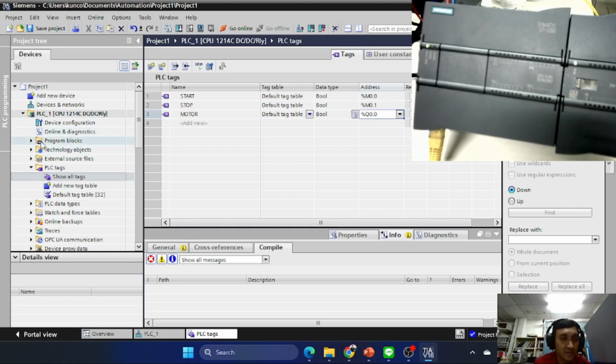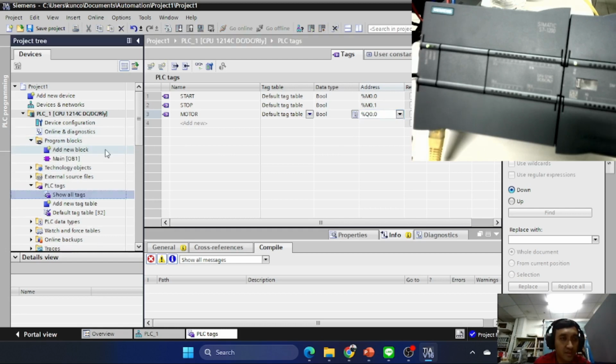After that, we can create the program blocks here. You can double click the main block.